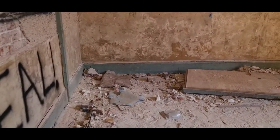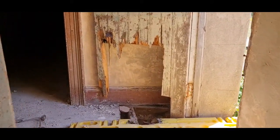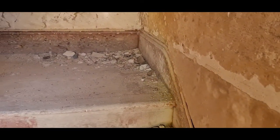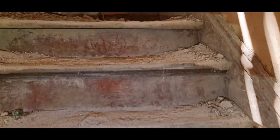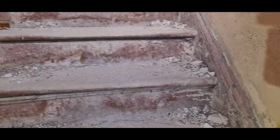There are some stairs, and I am not convinced they're safe, but let us see. The bottom two are fairly solid. Let's see if we can get round. Yeah. People have been up here, so I'm guessing that